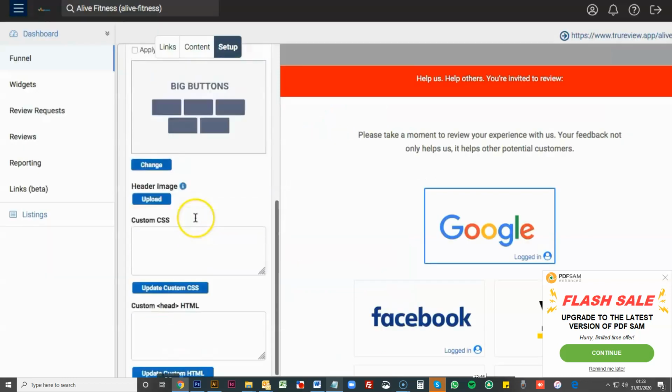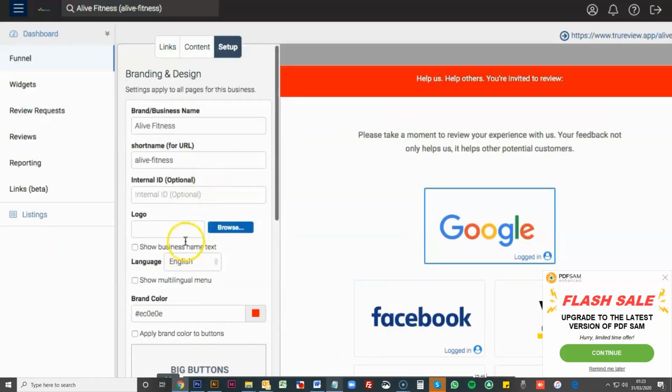So that's the funnel itself. In the next couple videos, we're going to start showing different ways to use this funnel, where the reviews go, what that all looks like, reporting, so on and so forth. So with that,